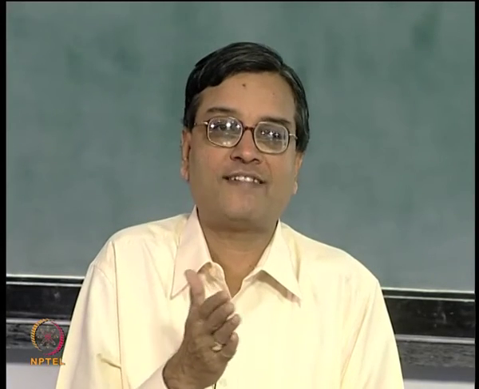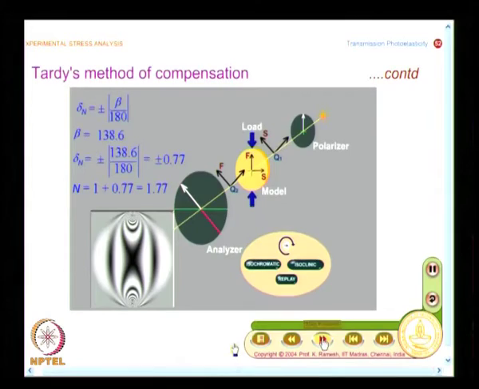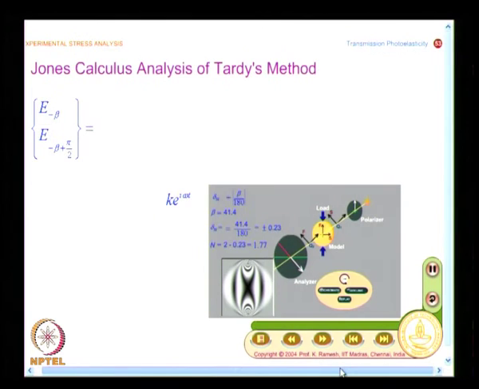Essentially you are going to analyze a circular polariscope, and you know very well, when I go from a plane polariscope to a circular polariscope, the mathematics involved is quite lengthy. But if you have theta equal to 0, the retardation matrix is very simple, then the multiplication becomes a lot simpler, and I would expect you to do that multiplication right in the class. Okay. So, we will also look at the Jones calculus representation.